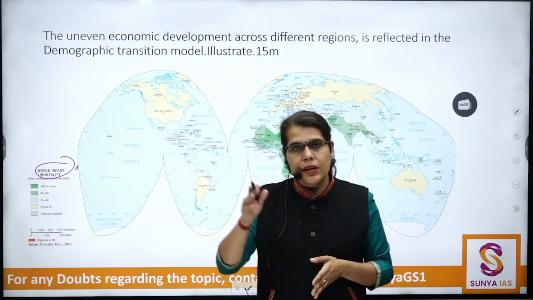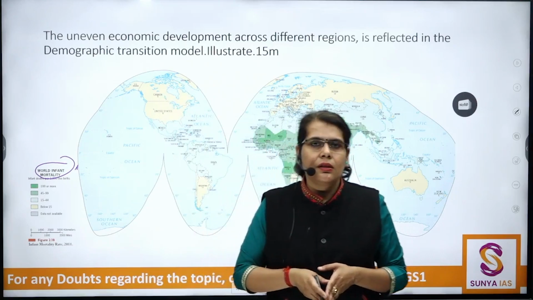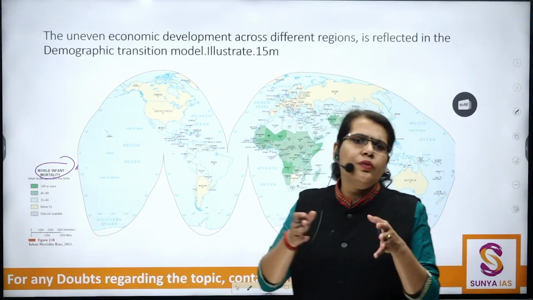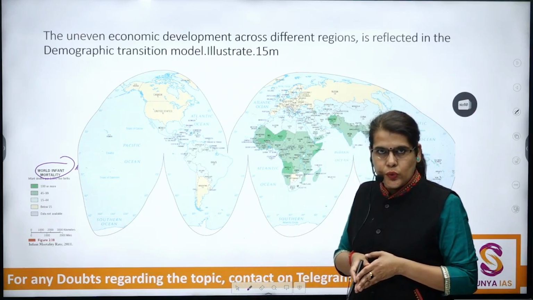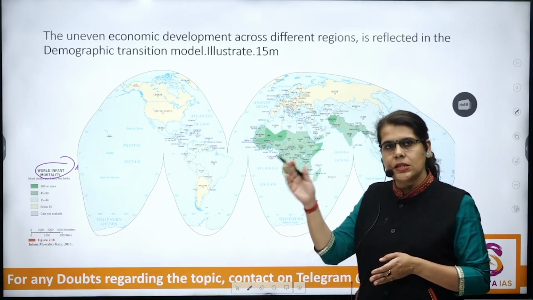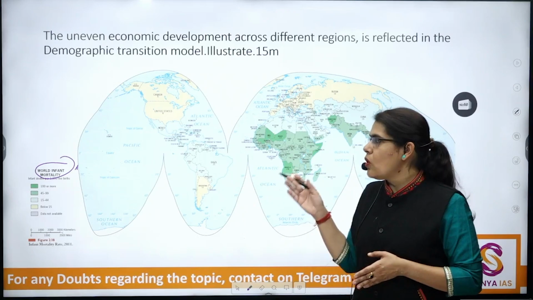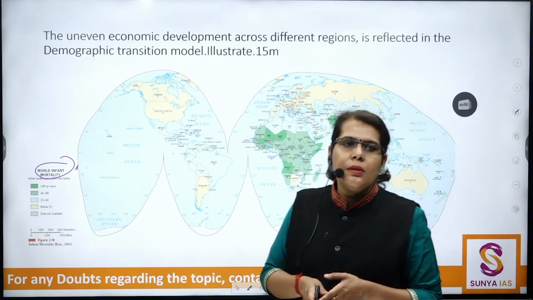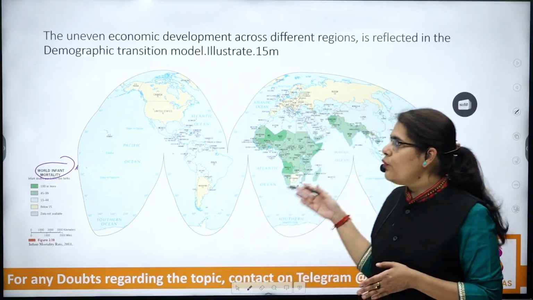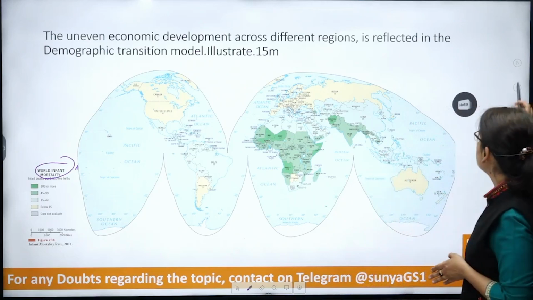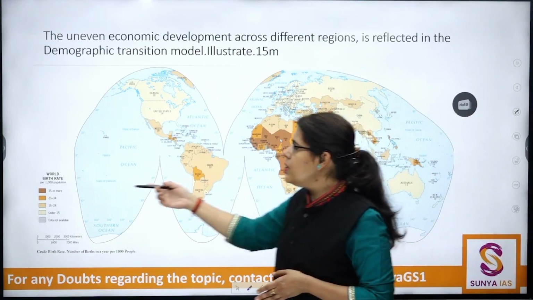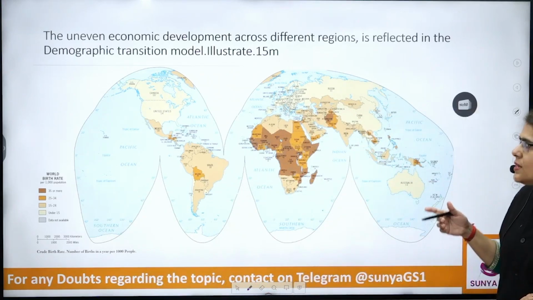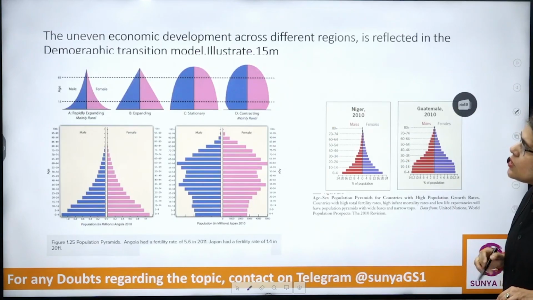And hence whenever IMR rates are high, there are chances that fertility rates will be higher, because of the patriarchal mindset which prevails during these nascent stages. Because of this, there is a tendency that the family would want one or two male children, and hence the fertility rate in the initial stages remains high. Similarly, birth rates are high in those areas which are socio-economically less developed. I hope this context is very clear to you.